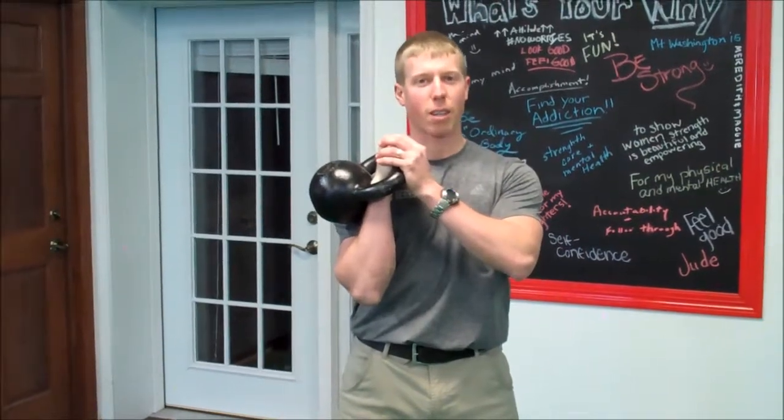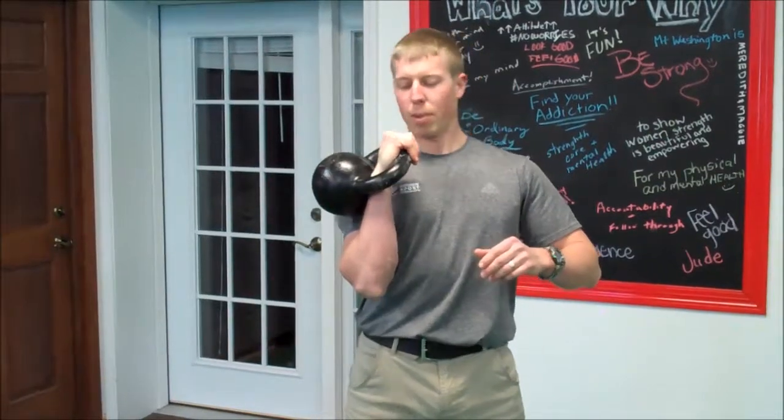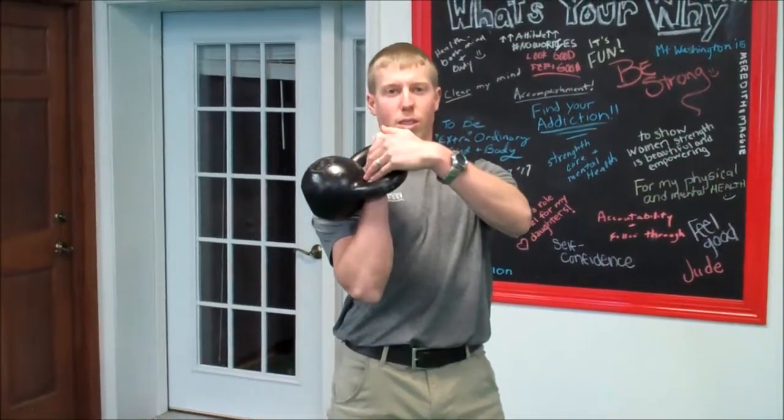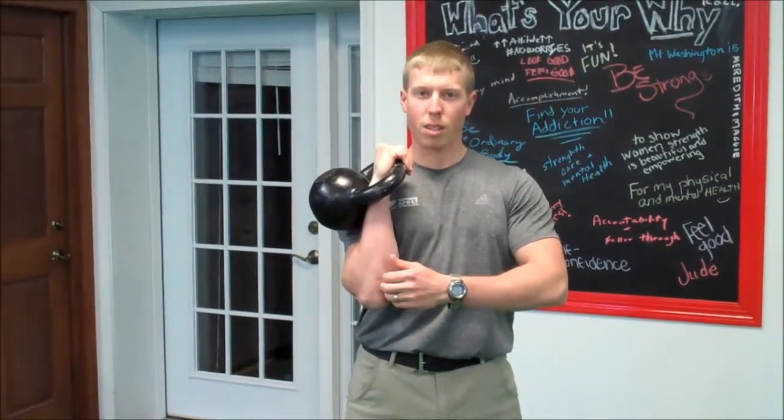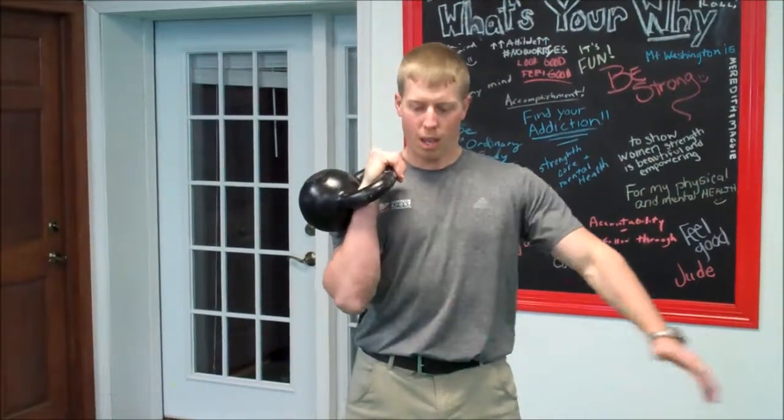The second variation I'm going to discuss today is the single arm rack carry. As you can see, I've got that same 16 kilo kettlebell up in the rack position. Just one bell, again hence single arm. A couple things to keep in mind here. You want that wrist nice and straight, grip solid around the bell. Forearm should be fairly vertical to the ground, so pretty in line with the torso, and then tucked in towards